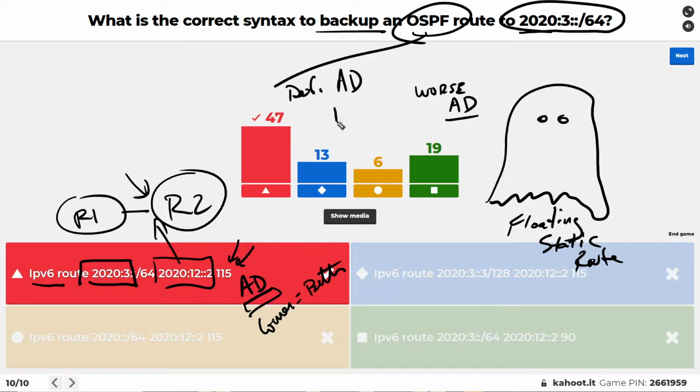So this also builds into the idea that OSPF has a default administrative distance, just like it does for IPv4, of 110. So if we added a static route with an AD of 115, which is what that number is right there, this route is going to sit in memory on that router, but it won't make it to the routing table as long as there's an OSPF route. Now, if that OSPF route goes away and we want to back it up, this route with the AD of 115 will be placed in the routing table, and that's what makes it a floating static route. It's floating in the memory of the router waiting to be used, but it doesn't get injected into the routing table until the better routes based on their ADs have been removed from that routing table.